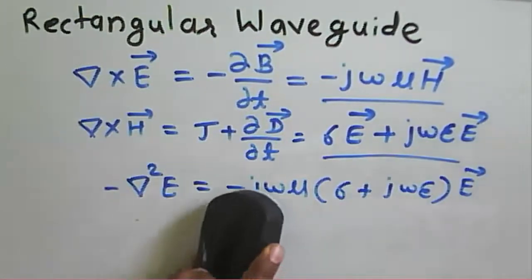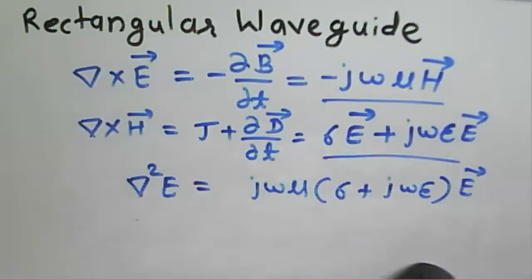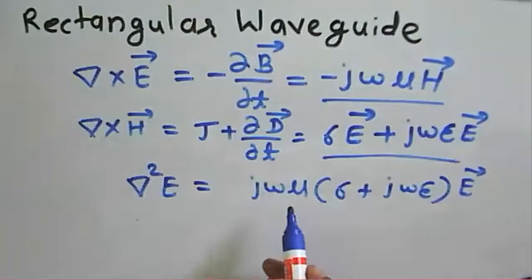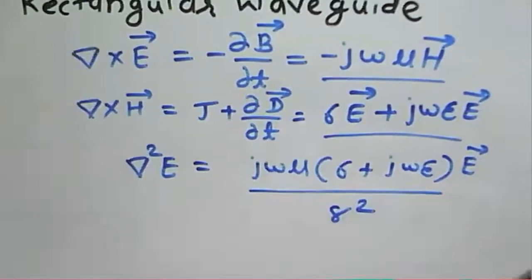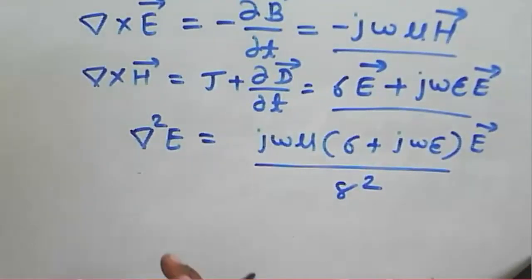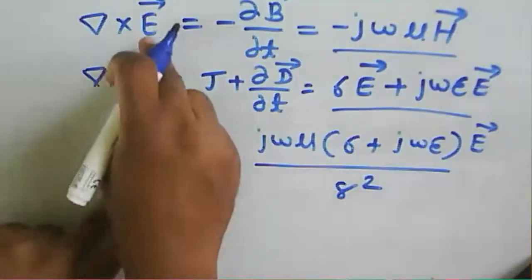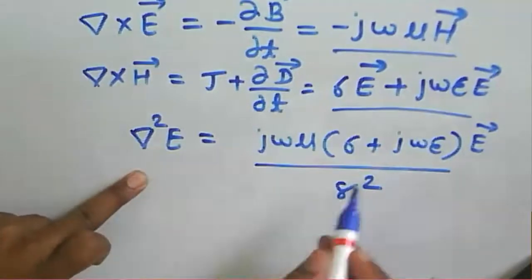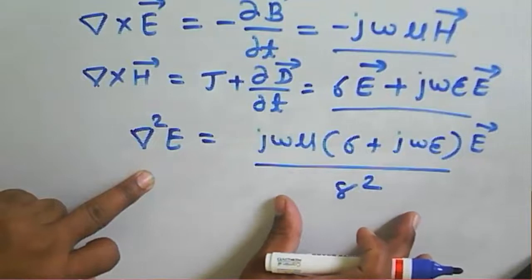So it is just like a plus here we can write. Del square E is equal to what? We'll get that expression, that is j omega mu and bracket of sigma plus j omega epsilon. Now this is a component we say is your propagation component. So when we talk about the expression of the wave through this Maxwell's equation, we'll get this constant term. Now we can relate this constant term in a waveguide,